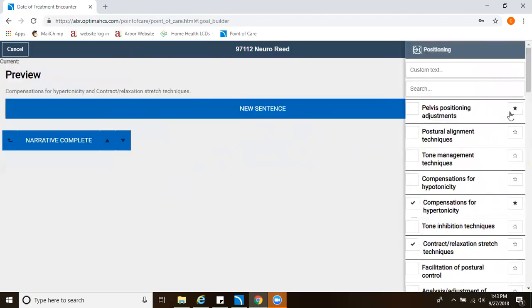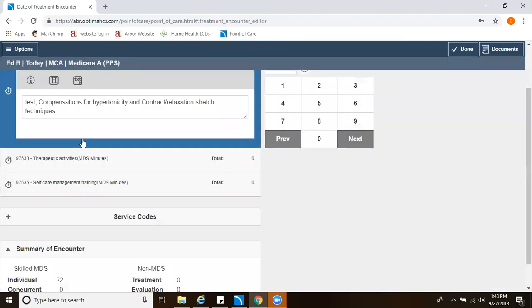You'll see this was already starred because in a previous note, I said for neuro re-ed positioning, I like the build phrase for pelvic positioning adjustments. So that brought that to the top of my list of choices. If I type in custom text, watch what happens over here. It's going to add that information to the beginning of the note in front of the build phrase. I put in the word test. I can either click on new sentence or the narrative is complete,